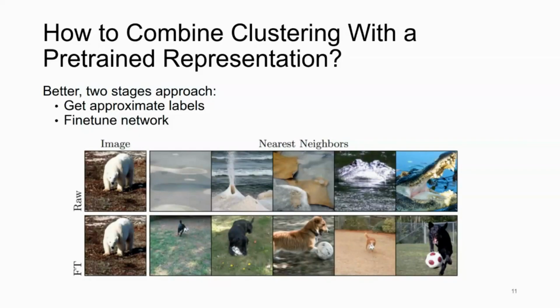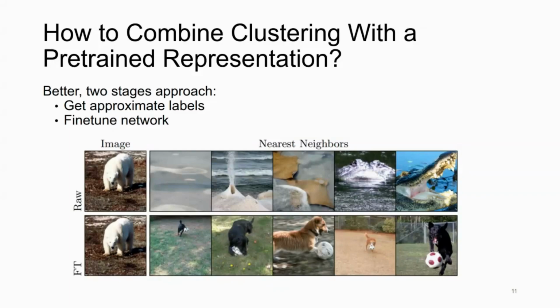in order to fine-tune our network, our strong pre-trained network. So in the example below, we can see that we have an anomaly, such as a white bear, and we look for the nearest neighbors in the normal train set between this bear and the images that we got during training. So without any adaptation, the bear finds some images that are maybe similar in color as the nearest neighbor retrieval, but we would like that after fine-tuning, it would not focus on features such as color, but maybe features such as the semantic class of the object,